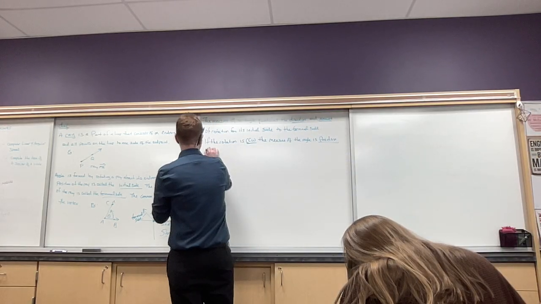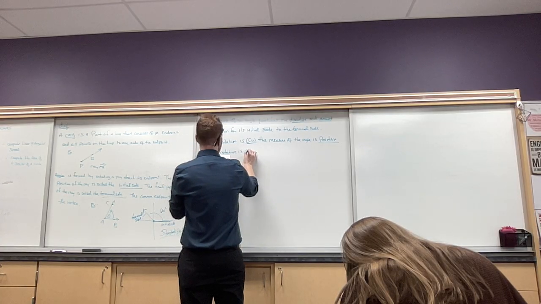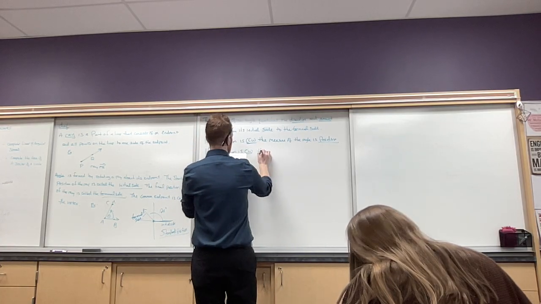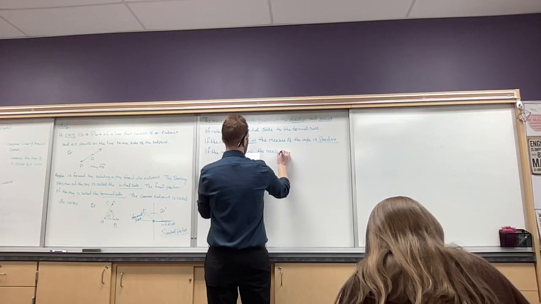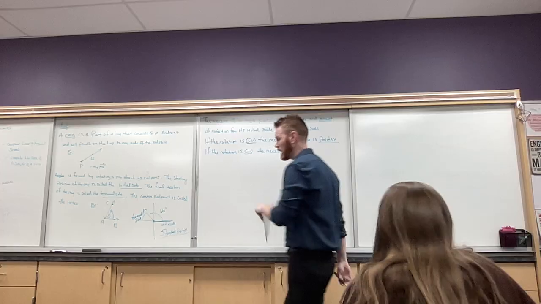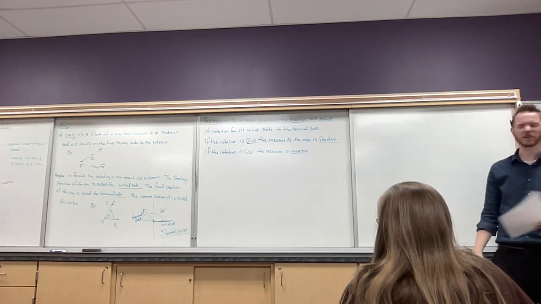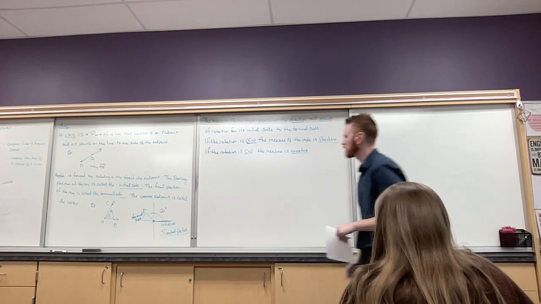Okay? So if the rotation is clockwise, I'll put CW. The measure is negative. So you can't have a negative angle, which is kind of weird, but that negative just tells you what direction you went in. Okay, so for example,